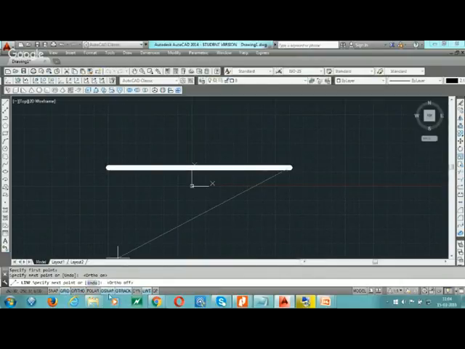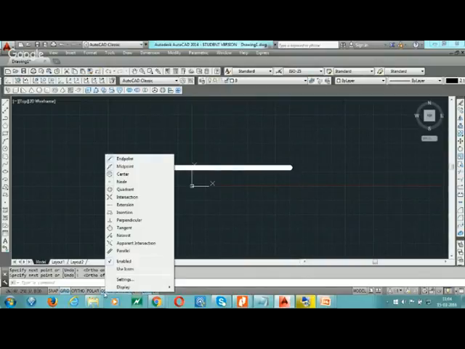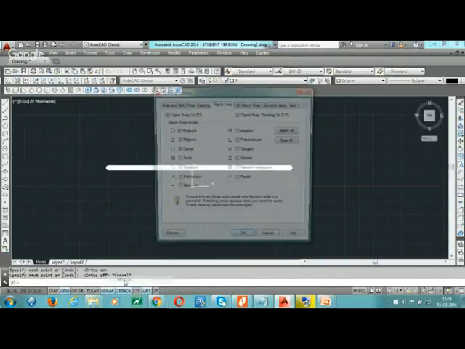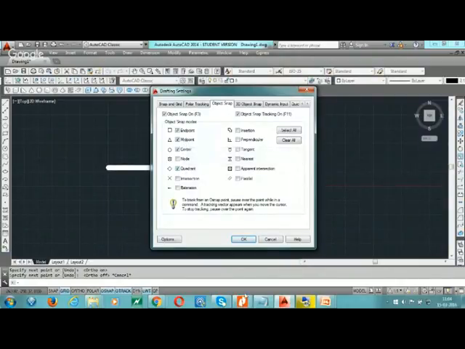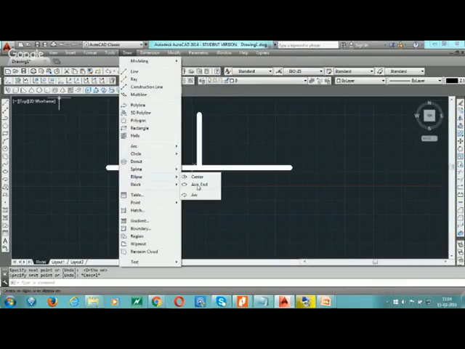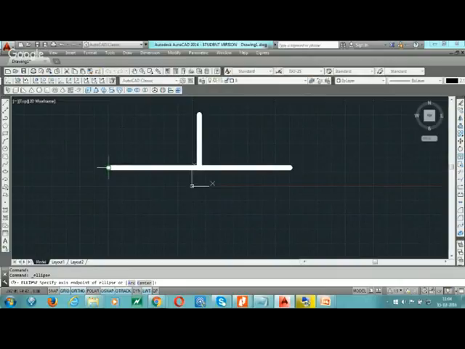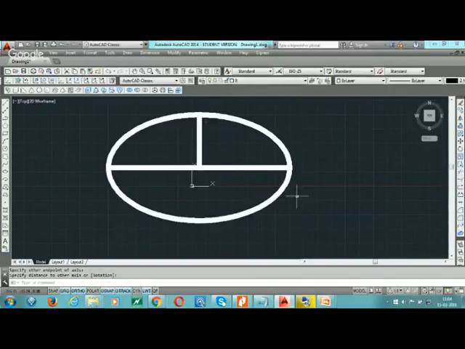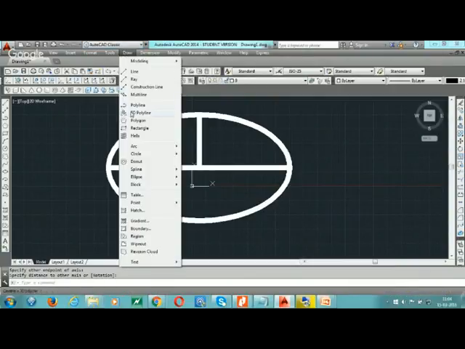Now go to the O snap, go to the setting, select midpoint, then line, choose midpoint with the help of ortho, make this line. After that, go to the draw command and go to the ellipse. Select first axis, start point, end point, then second axis, end point. After that,